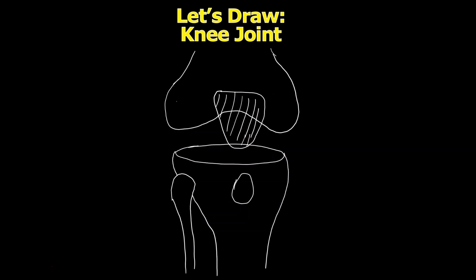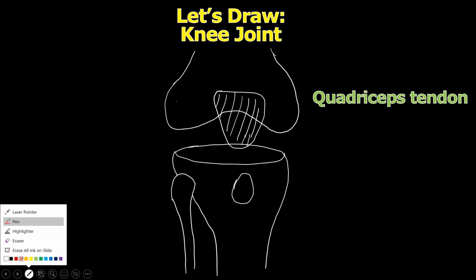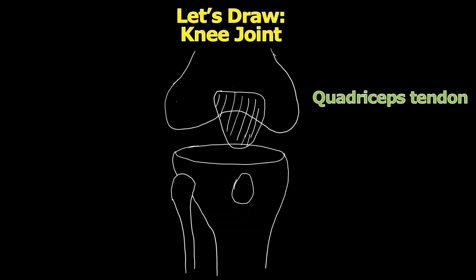So the first thing I want to do is show you the quadriceps tendon, and that would go somewhere about here from the top of the patella up to the muscles that are on the femur. Those muscles on the front of the femur are your quads, your quadriceps muscle. All four of those quadriceps muscles will play some role in forming this quadriceps tendon. Now, tendon is a good word that describes something that connects a muscle to a bone, so it is named